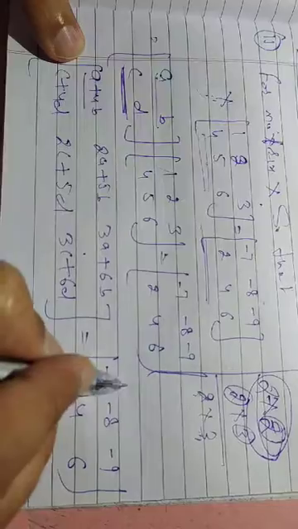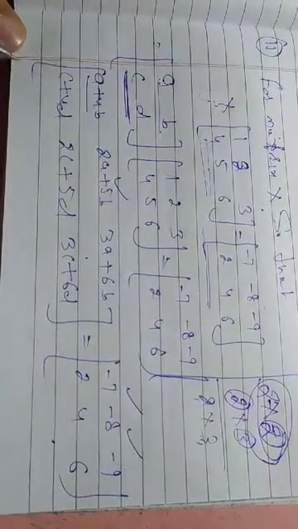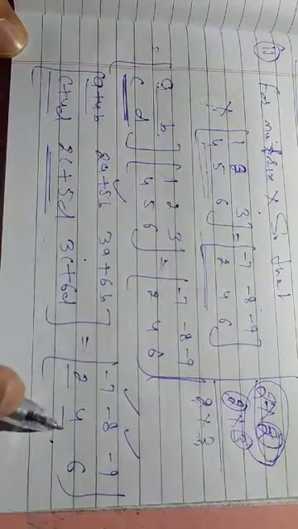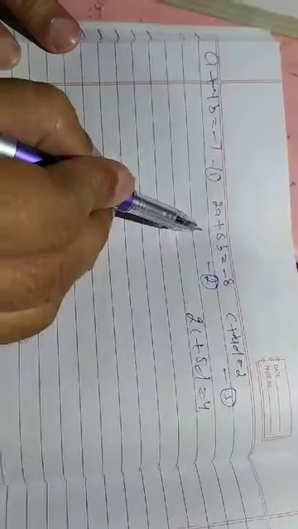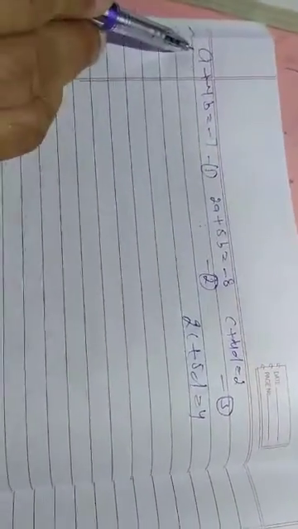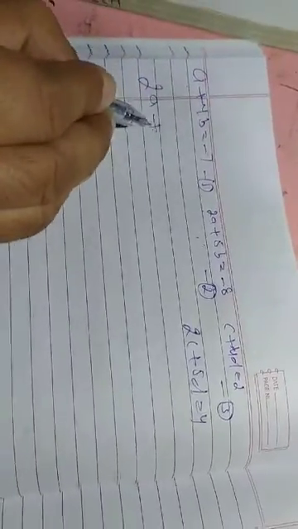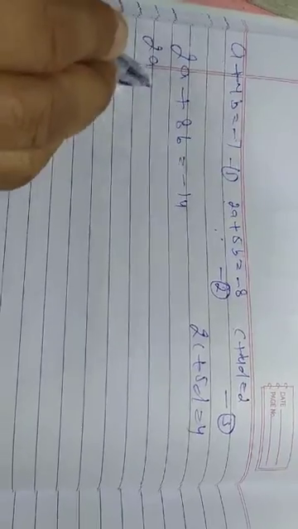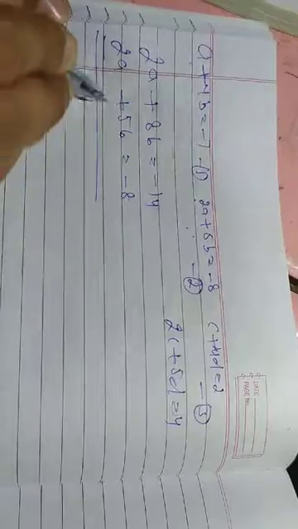A plus 4B is equal to minus 7. 2A plus 5B is equal to minus 8. C plus 4D is equal to 2. 2C plus 5D is equal to 4. Then solve these equations and we can find matrix X. When we solve the first and second equations, multiply the first equation by 2: 2A plus 8B is equal to minus 14. Below it write 2A plus 5B equal to minus 8. Subtracting, we get